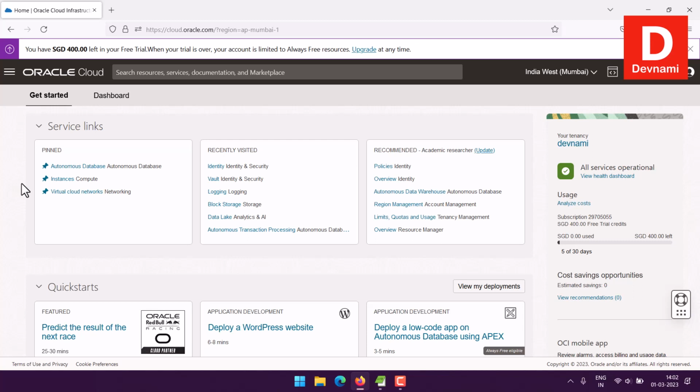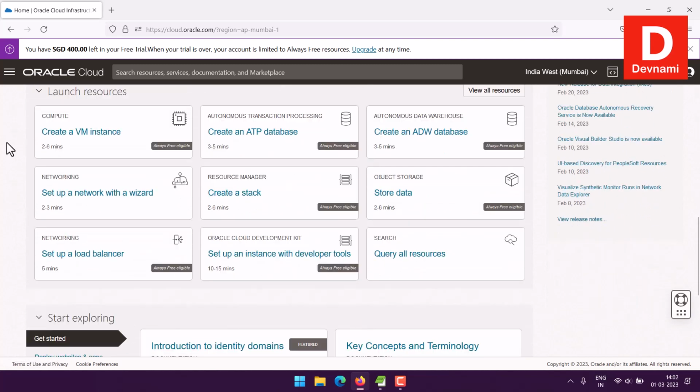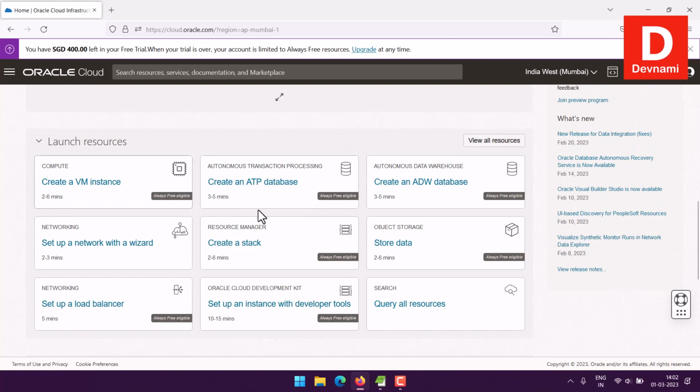Okay, so let's take a look at how you can set up the Autonomous Database Transaction Processing service on Oracle Cloud. If you log into Oracle Cloud, you will find that there are launch options for launching the ATP database. Basically, ATP is the Autonomous Transaction Processing service, and just like the warehouse,